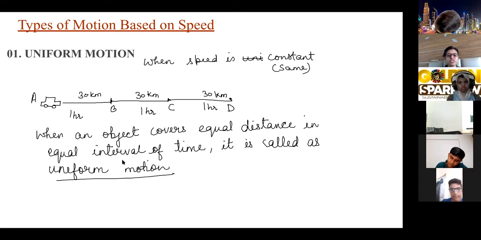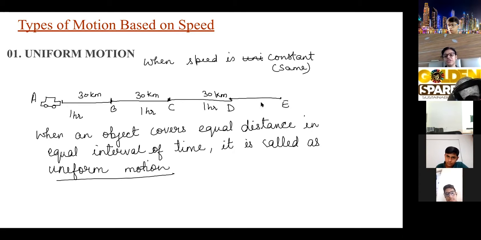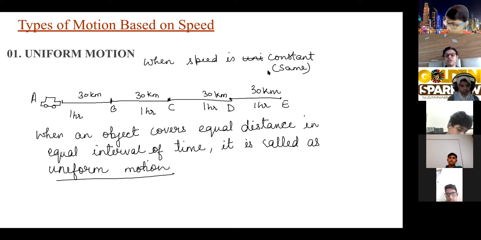So you have to see that at every equal interval, means every 1 hour, the distance covered by the car is same. So when you find out the speed, you will see the speed will be constant throughout the journey. So this is called uniform motion. When an object covers equal distance in equal interval of time, it is called uniform motion. And if it is asked what is uniform speed, same definition, it is said to be uniform speed. Uniform motion means when the speed is constant; the body is moving with uniform motion.